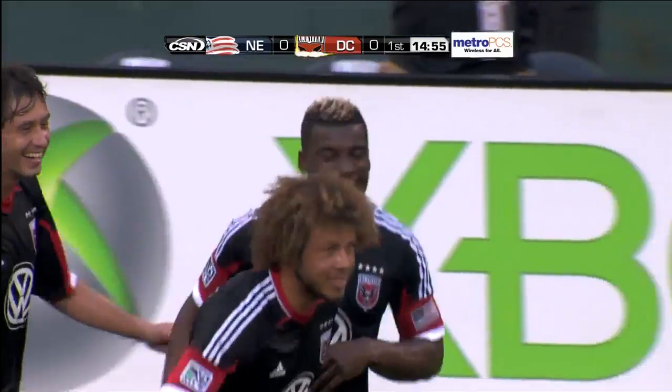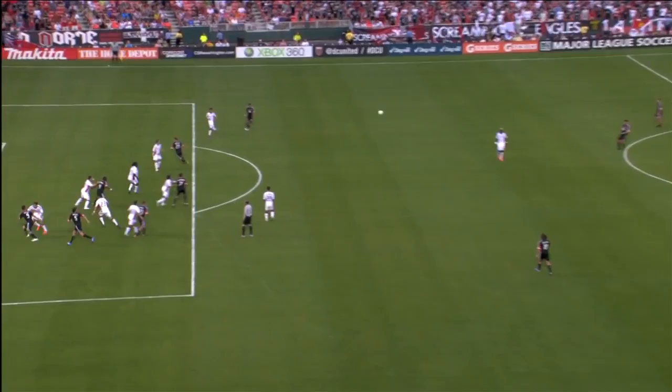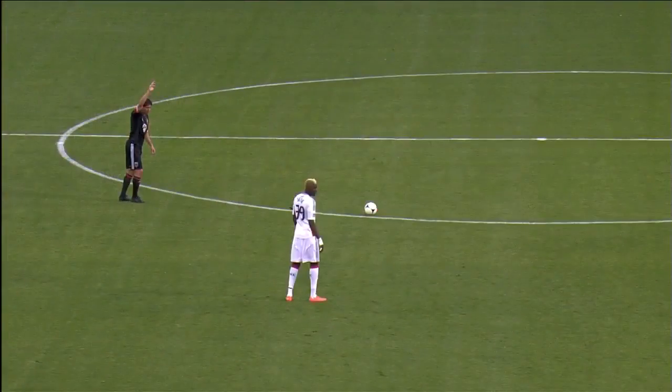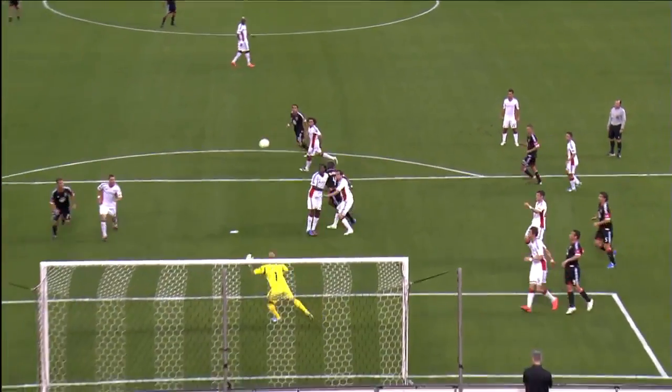You can see the frustration in Matt Reese's face. Again, I just said it, you've got the big bodies coming from the back line, and McDonald just gets a little bit of a skin right underneath of that header. Just a little piece, that's all it took to put it over the top of Matt. Saer was there, but